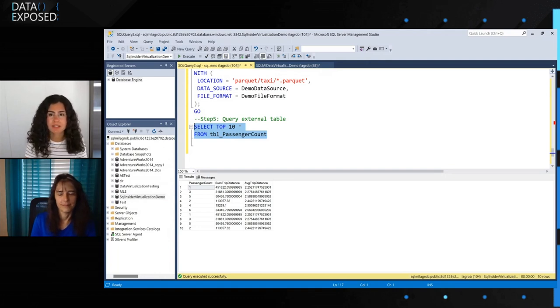Gotcha. No, it makes a lot of sense. And I love how easy it is to get started with the first scenario or method that you showed us at the beginning. But then, yeah, if you're going to get really serious about this, start joining with other tables, start doing reporting on top of it, then this is a way. Would you actually be bringing the data in this case, or are you still querying it where it is?